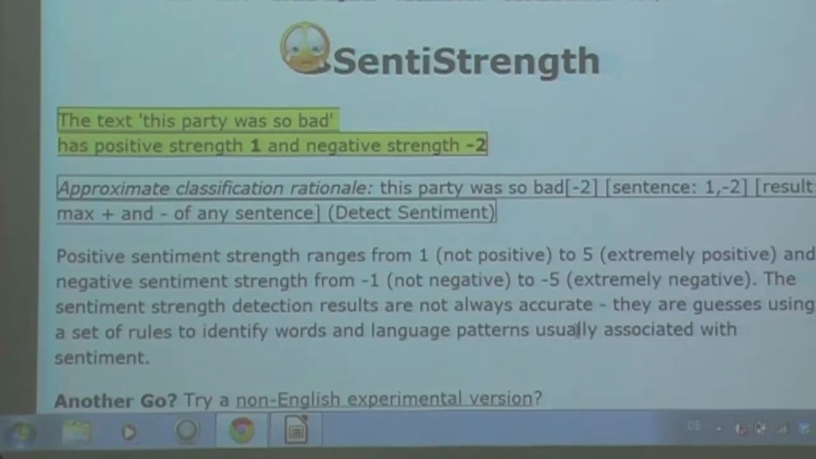so it gets a -2 for bad. So this, yeah, children speak, well, youth speak. Bad obviously means good. So well done, you beat the system. And